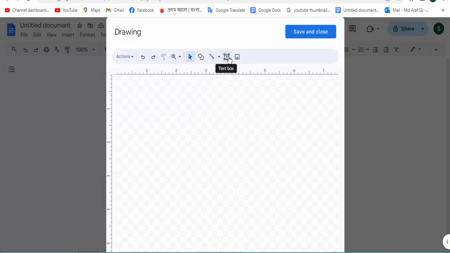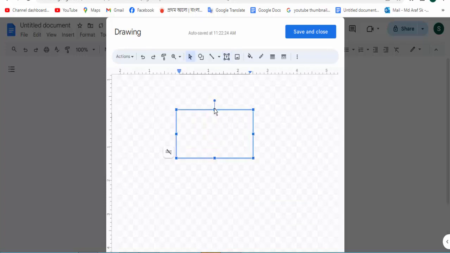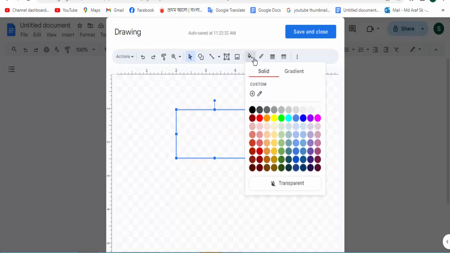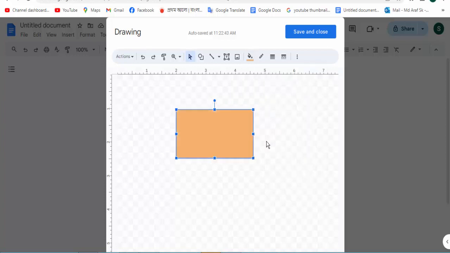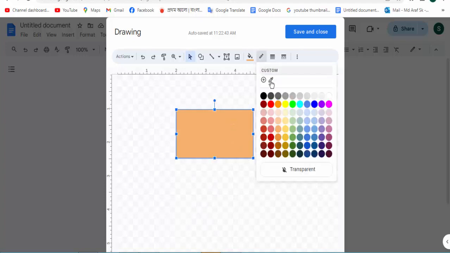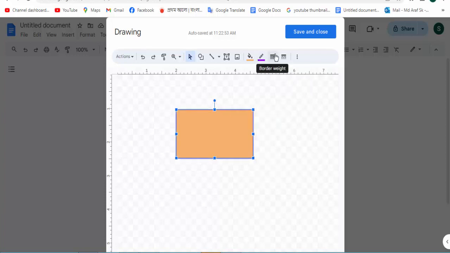Now click the text box option and create a text box. This text box is going to the fill color option, then initial color, and going to the border color option, then initial color, and click for the border red option and